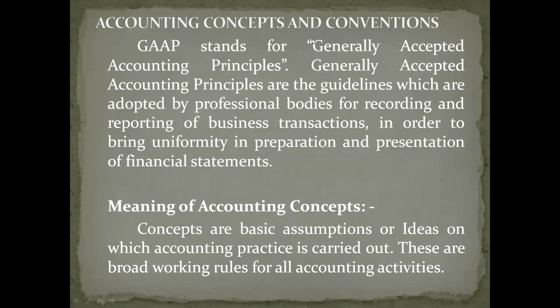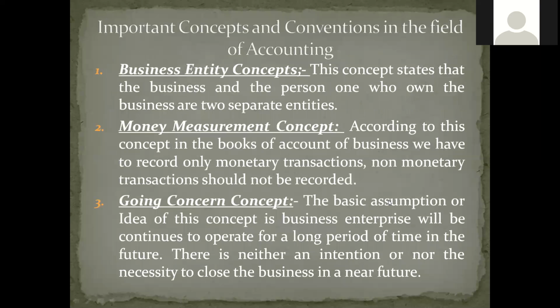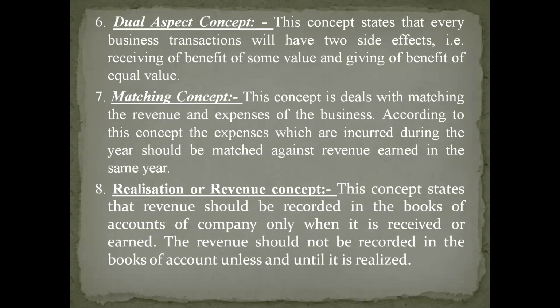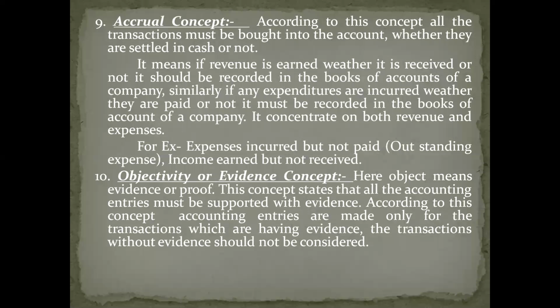Okay, fine. Further, we discussed 10 accounting concepts. Which are those 10 accounting concepts? First concept is the entity concept. Entity means individual recognition, separate existence. So this particular concept states that owner is different and business is different. Similarly, money measurement concept, going concern concept, accounting period concept, cost concept, dual aspect concept, matching concept, realization or revenue concept, accrual concept, and objectivity